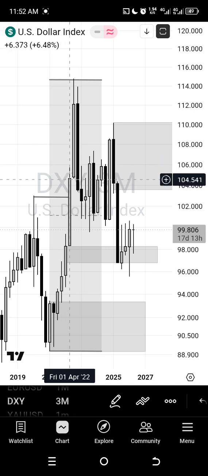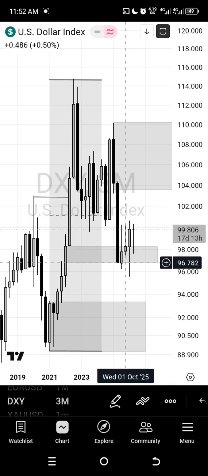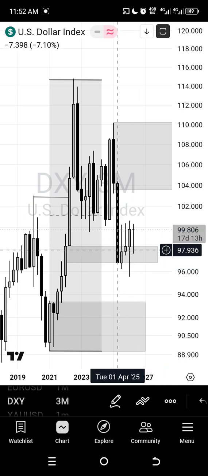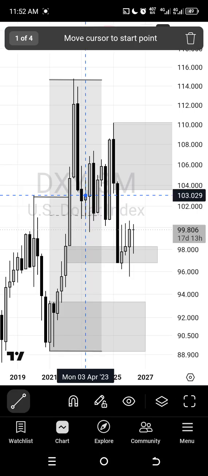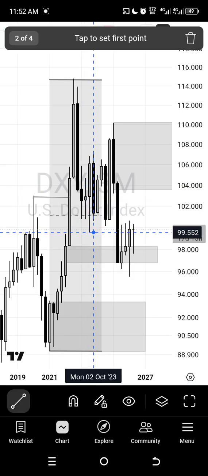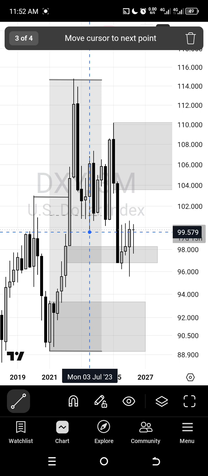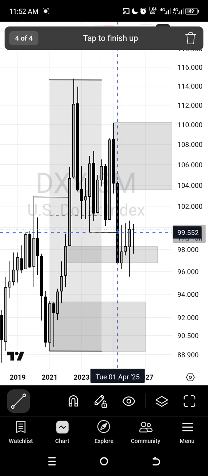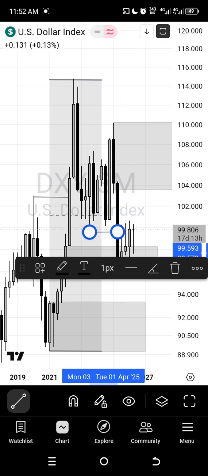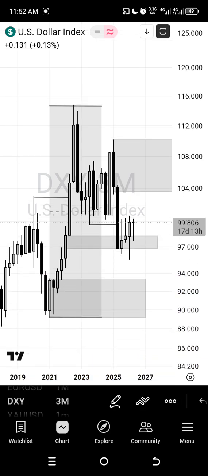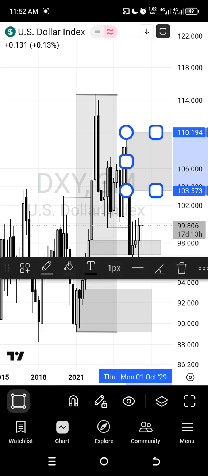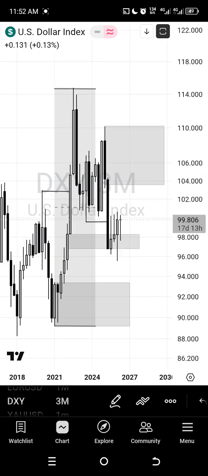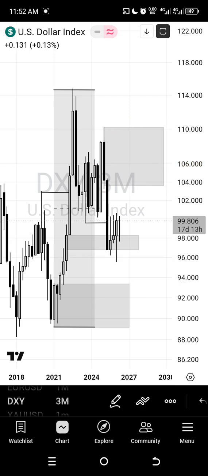So the market went and tapped into this discount key level, and then price is now ranging. So we also got an internal bearish structure, so based on that bearish structure, we shouldn't forget that we are overall bullish trend. Okay, with that said, we also got this internal key level, right? And within this internal key level,